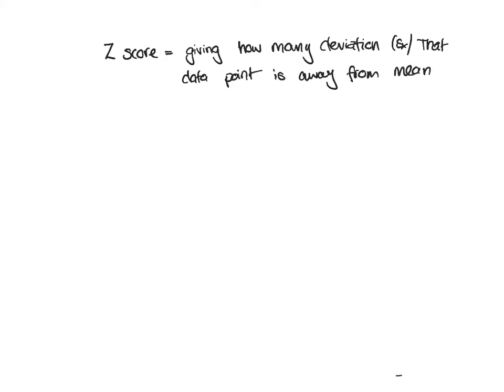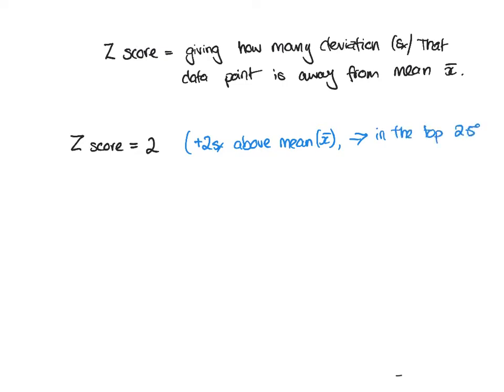So what we mean by that is if you have a Z-score, say you were part of the people in the data and you got a Z-score of 2, that means you are sitting at plus 2 standard deviations above the mean because it's a positive 2. So that means I could say you're in the top 2.5%. Why am I saying that? Because remember, if you go plus 2 standard deviations,